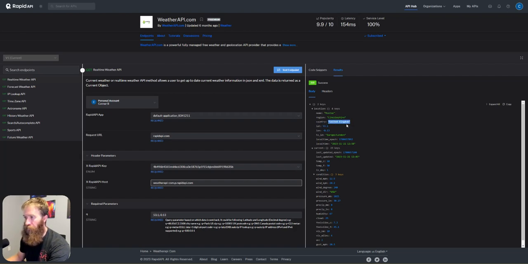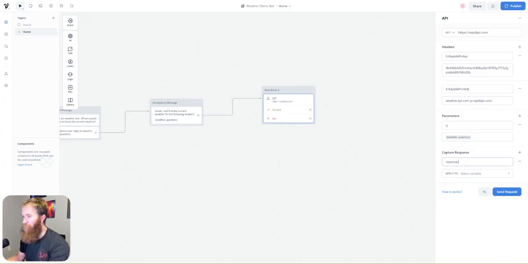And this would be the UK, okay? So, or whatever this value is from this name here, we would have to do location dot name. So it would look like this, location dot name. And that would give us the value Boston, or in our previous example would be Austin,